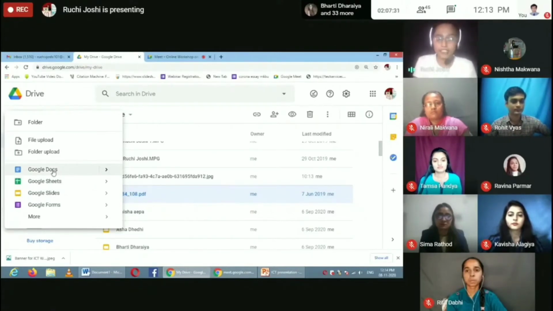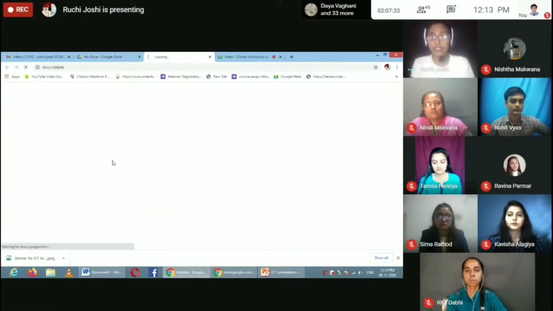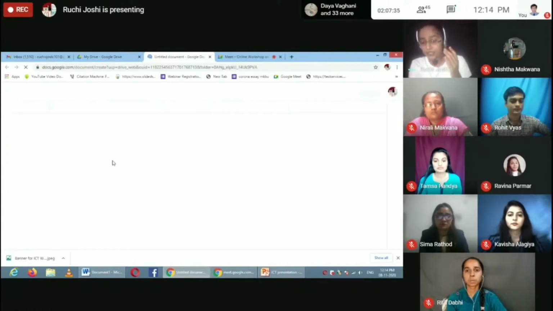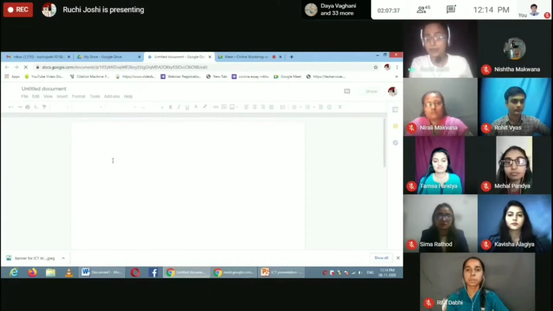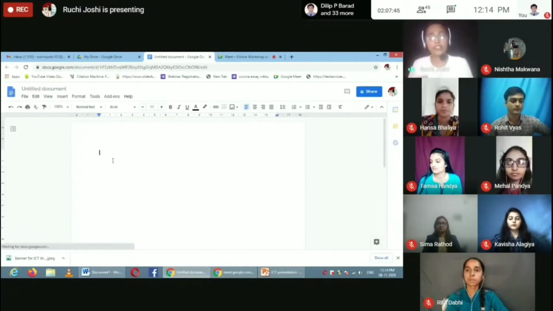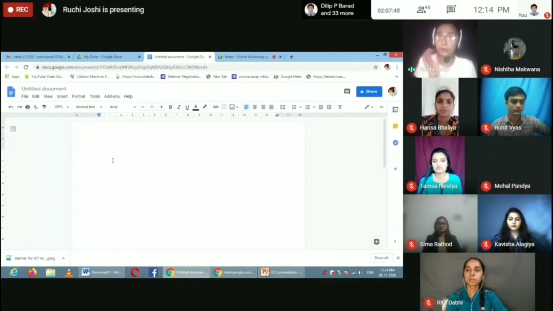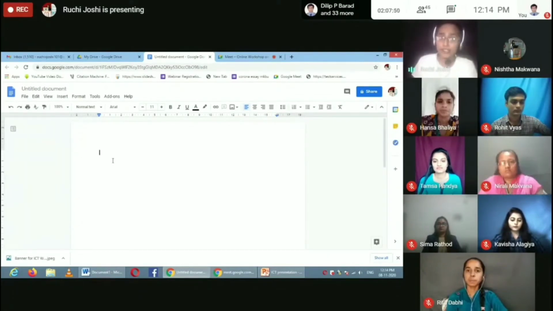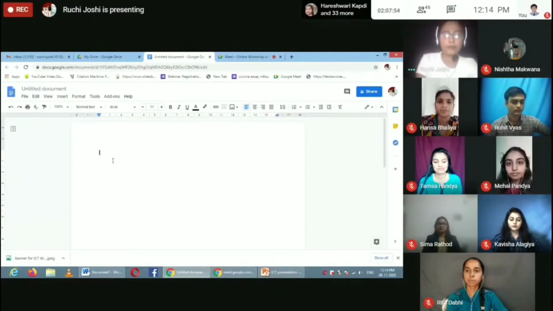The very first is Google Docs, and Google Docs gives a facility for the mobile version. We can download this directly with the app from the Play Store, Google Docs, and we can access this. But what is an important feature in the desktop version is that in mobile, if I am deliberately writing something,